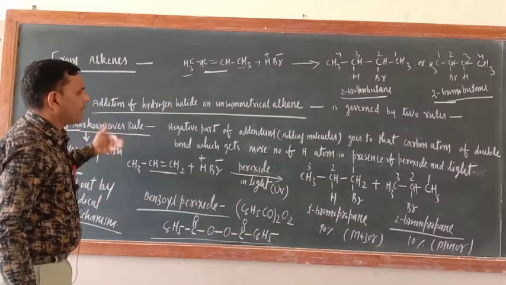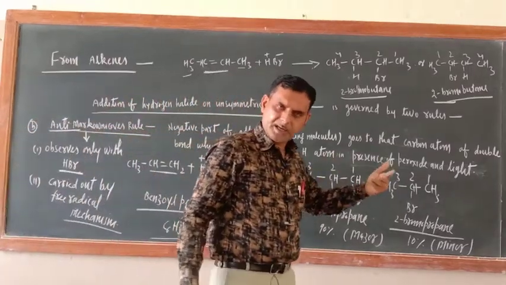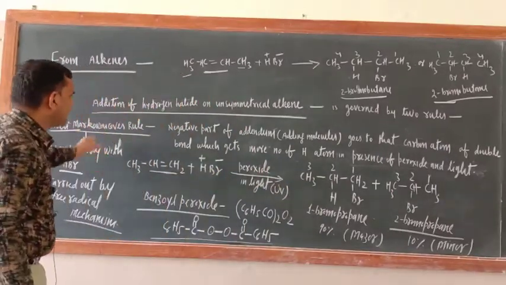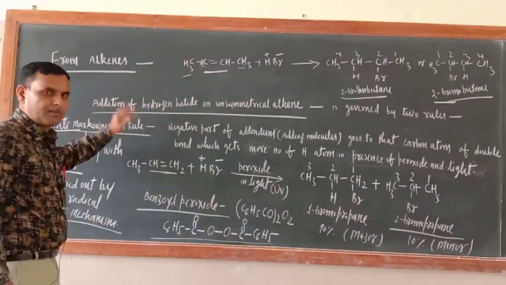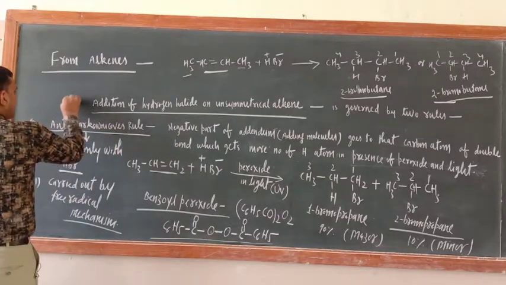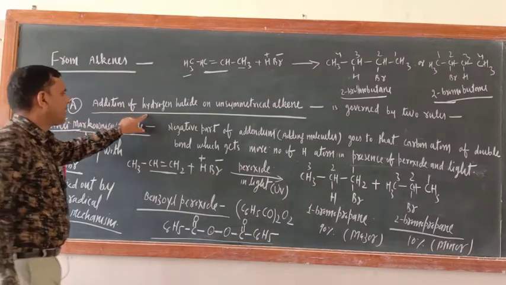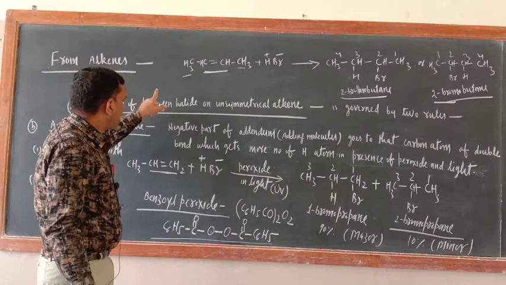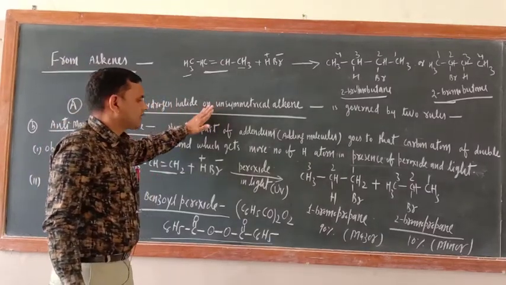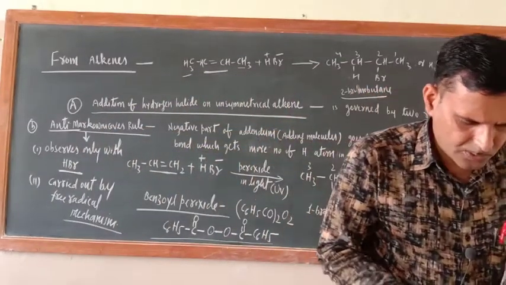With the help of alkene only, we can prepare alkyl halide, but instead of adding hydrogen halide, just by the addition of halogen molecules. So this was method A, from alkene. Now B is addition of Br2 or halogen molecules on alkene. In that case, symmetrical and unsymmetrical is not there. Okay, so we'll tell that one also. Don't worry.